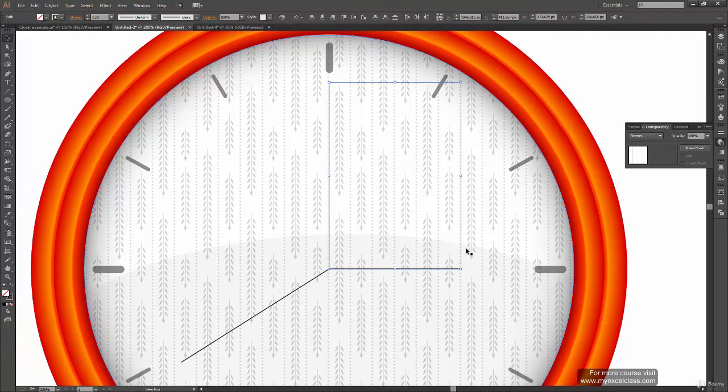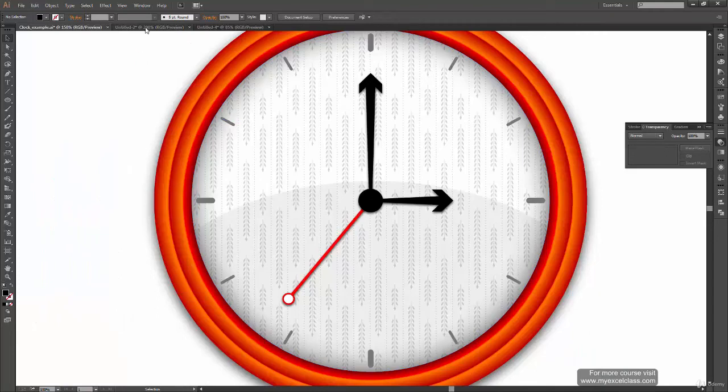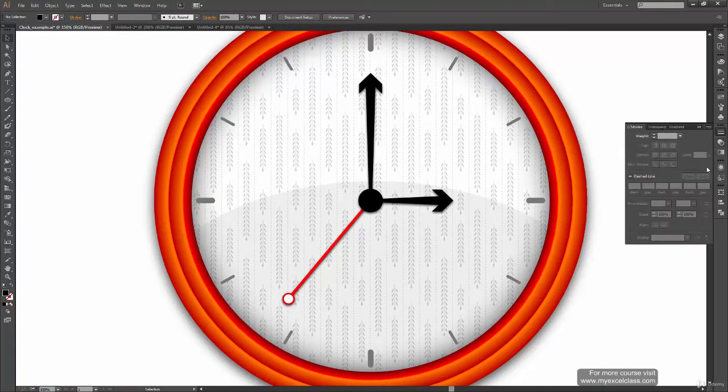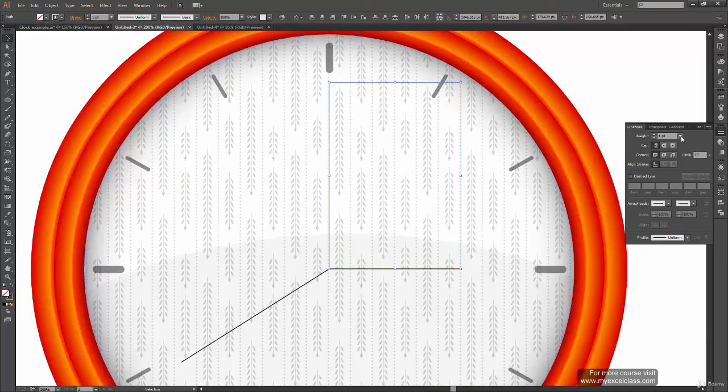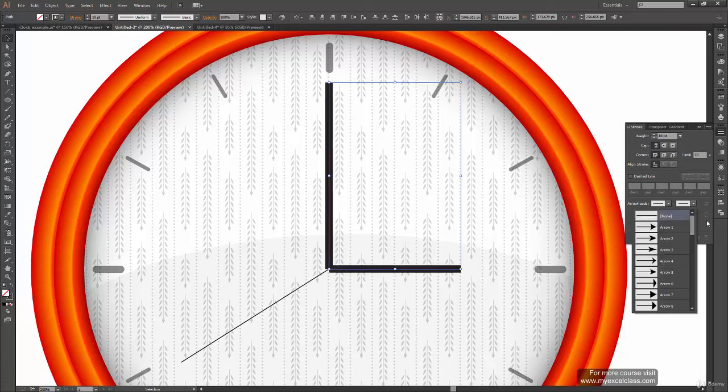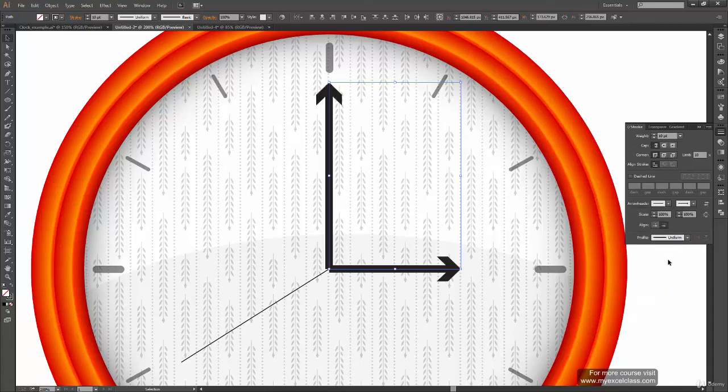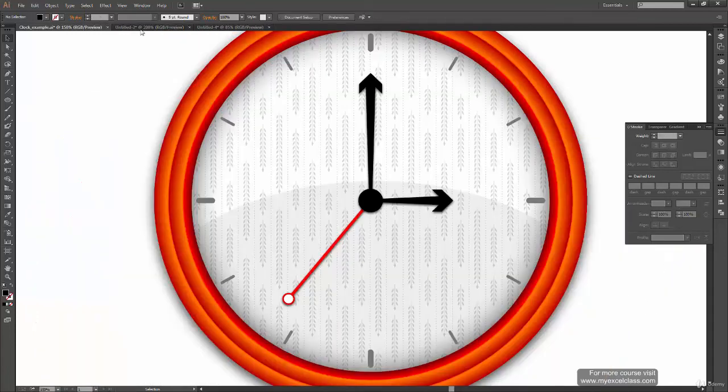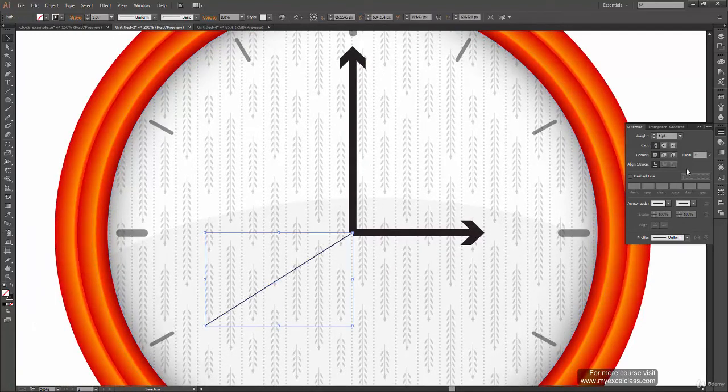Select both of them combined because both of them have almost the same properties, and go to the stroke panel. Sorry, go to this file instead. Okay, go to the stroke panel and make their width by default 3 points or more than that. I think 10 points looks fine. Okay, and then have an arrow. Which arrow should we use here now? That is a question. I think this one, arrow 10, looks fine. Okay, I think it's the same arrow. Yeah, it looks good. And for the second hand, we can increase its width to 4 points.